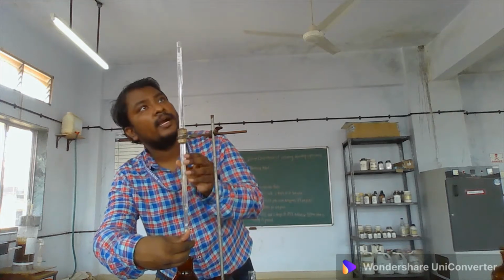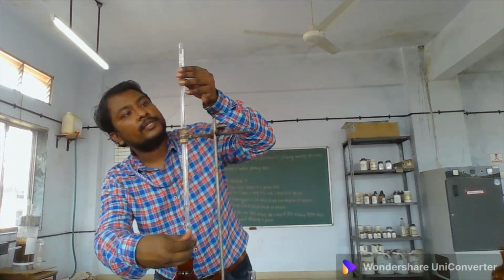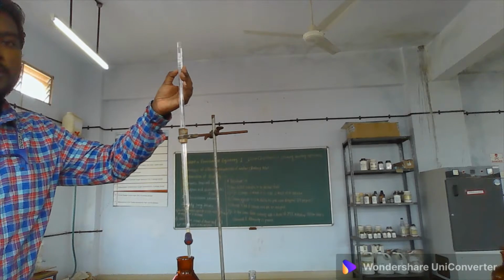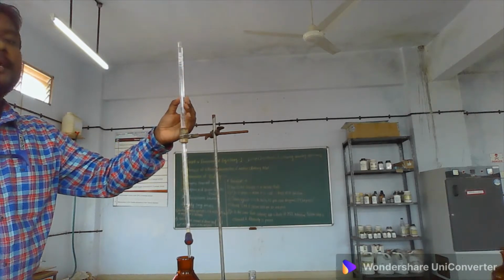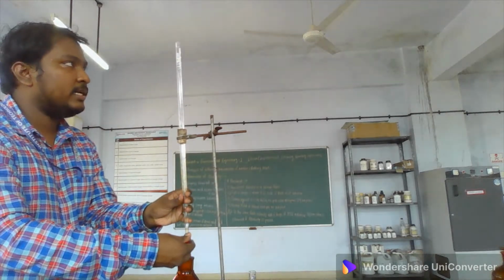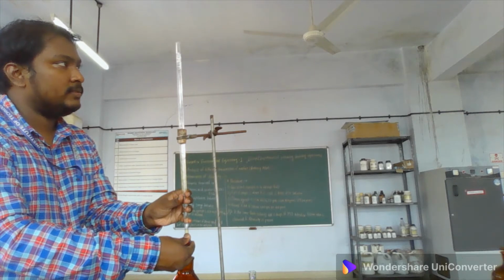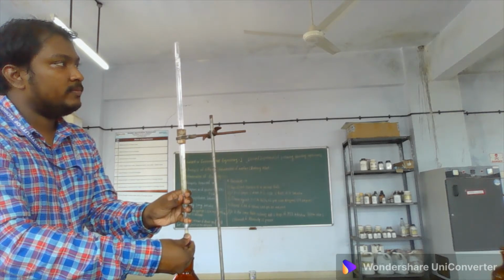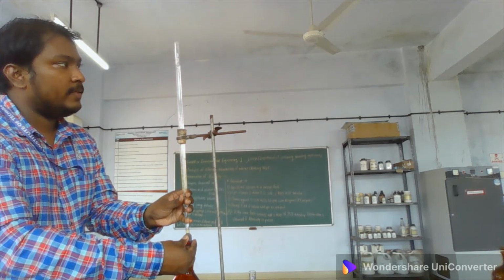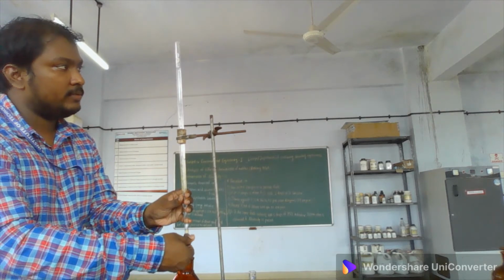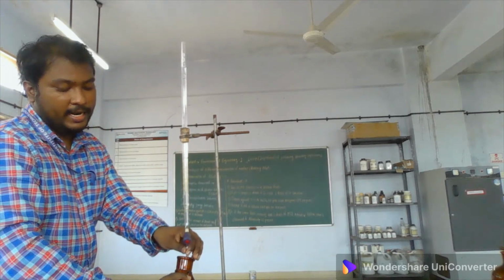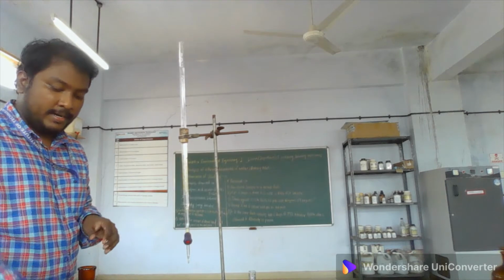Air bubbles you have to remove, and you have to adjust this to the actual 0 mark or topmost mark. Here you are able to observe that is the 0 mark. From here the readings X or Y we will take as a reference, and these readings are helpful for us to perform the calculation. Excess water you have to remove, and till the 0 mark you have to keep the level. I have kept the level up to the 0 mark. Oh, it is not water, sorry, it is the titrant. Now the work of the titrant is over.